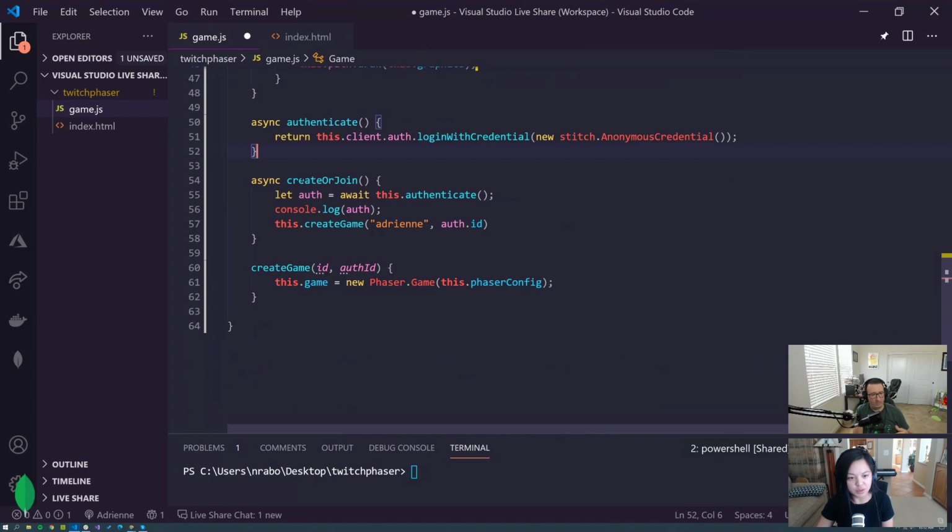And then here is where we kind of left off. So this is still incomplete. We're going to probably be changing this a bit. But where we left off is we said, okay, once we get onto this game, we know we're either going to create or join an existing game. And I'm trying to see here. So obviously we need our auth. We need to await and get our anonymous credential here.